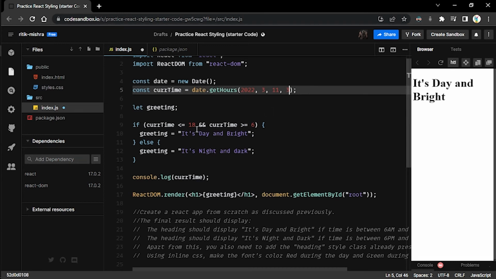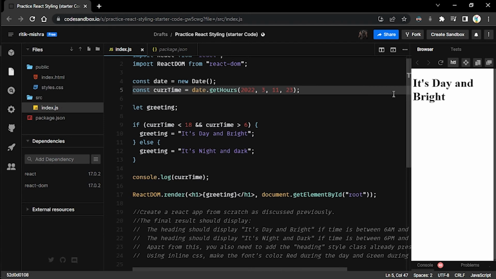So if the current time is less than 18, is it due to these equal operators? Nope. Let me write 2 here. And if it is less than 18 and greater than 6, so it is less than 18, but here if I change it to something like 23,